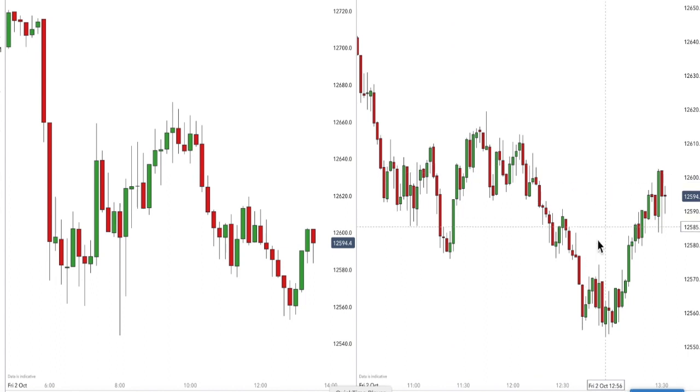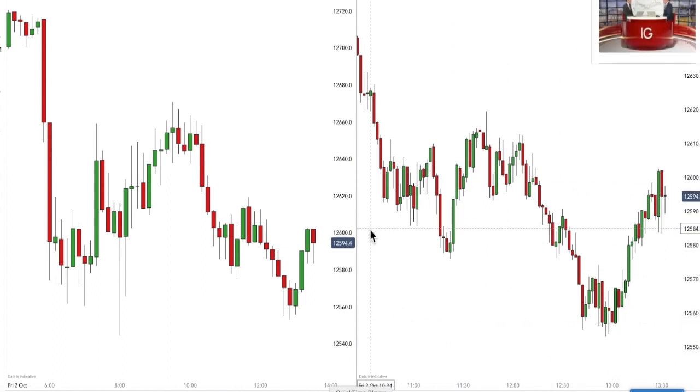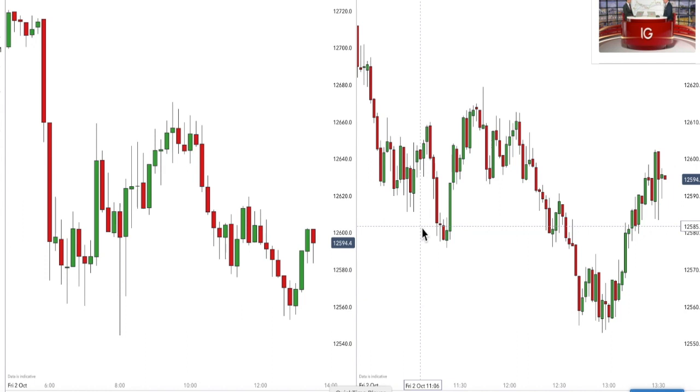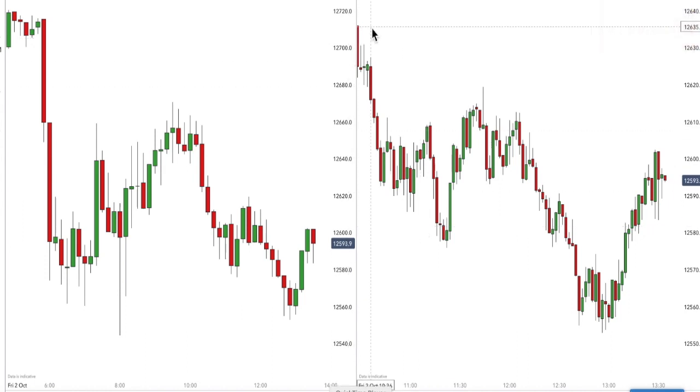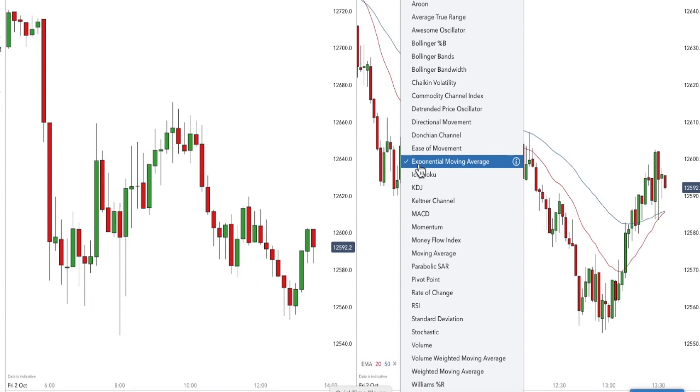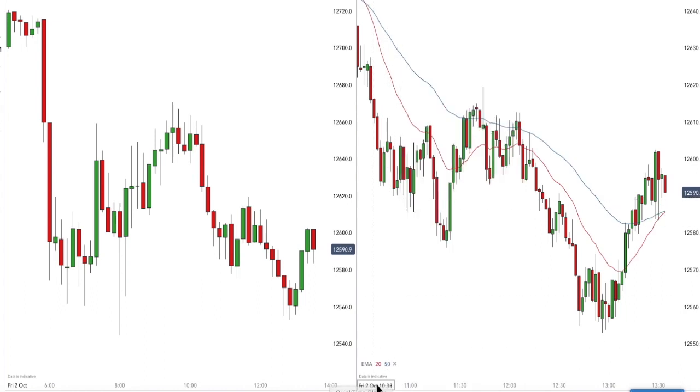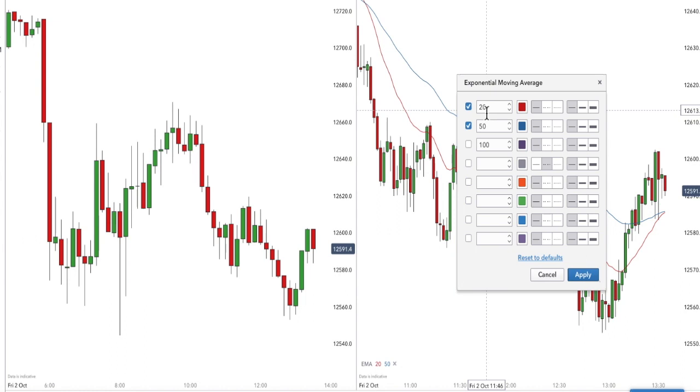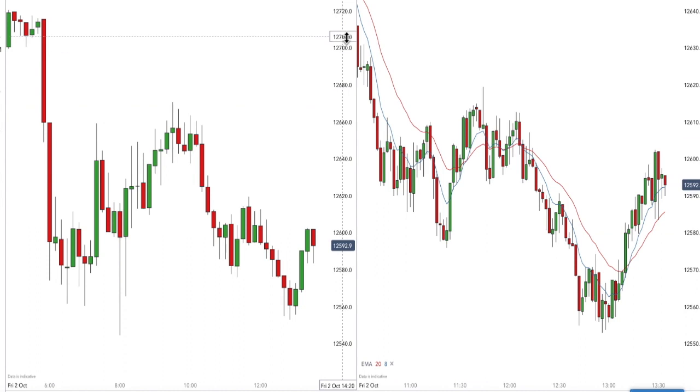So no indicators on this chart, but I would use indicators. I would place in the exponential moving averages in here because they add context for my trading. So let me just pop some exponential moving averages in here and put some good values in them. That one's okay, let's leave that there. And there you go. So when the market's below the averages and it bounces back to the averages, then they're often good trend continuation opportunities.